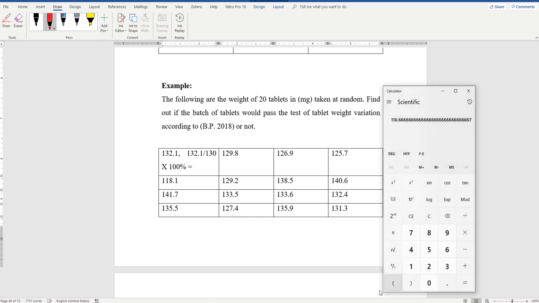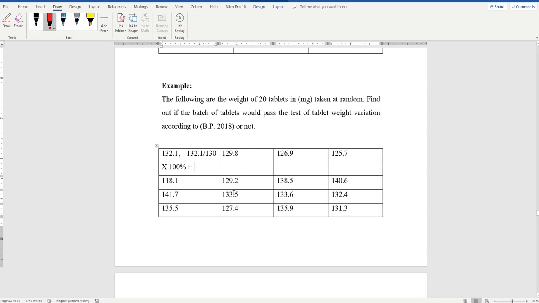So in this case, it will be 132.1 divided by 130 multiplied by 100%. So the first one, for example, is 101.62 percent. So you will need to do this for all the 20 tablets